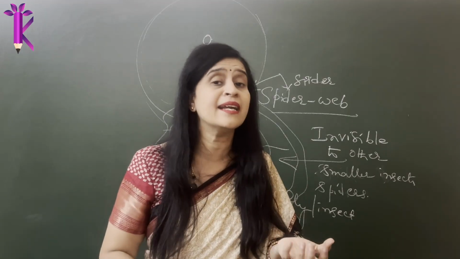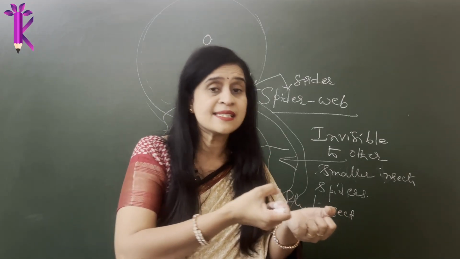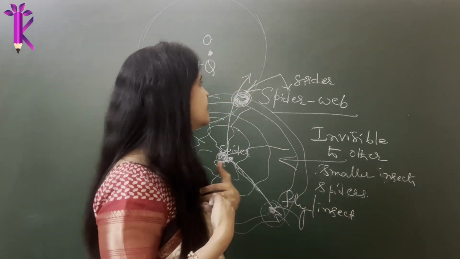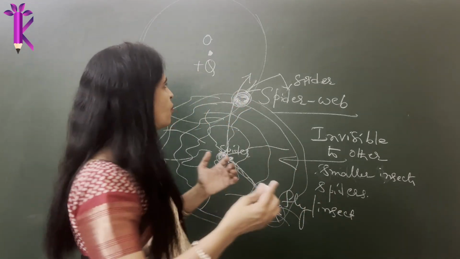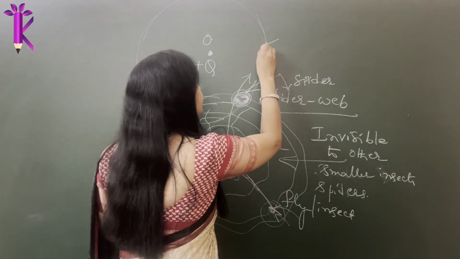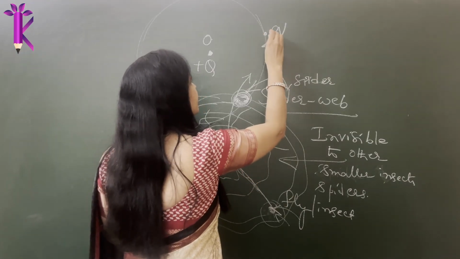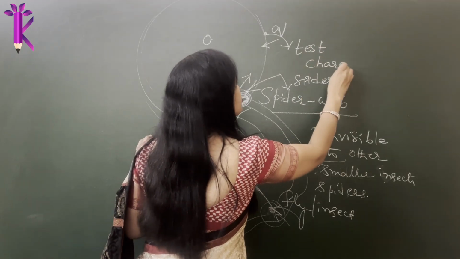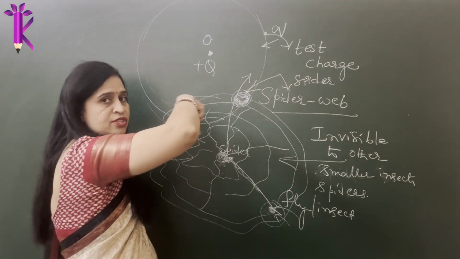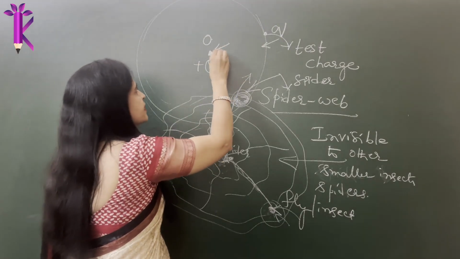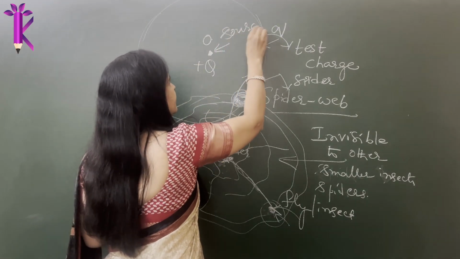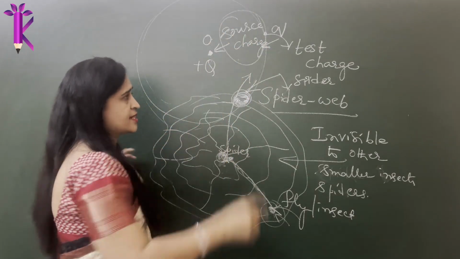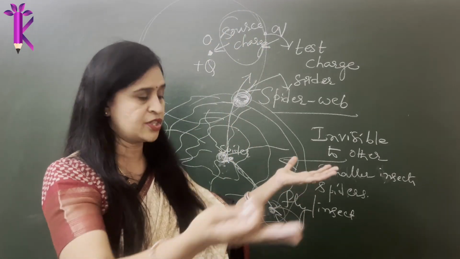We experience it only when there is a push or a pull, and when we try to measure that push or pull. So how do we know that there is an area of influence? We need to test it. So what do we do? We just send a test charge. We send a small charge and we refer to this charge as the test charge, because you are basically sending that charge to test if there is an area of influence around this charge, right? So this is creating the force or the area of influence, and we refer to this charge as the source charge.